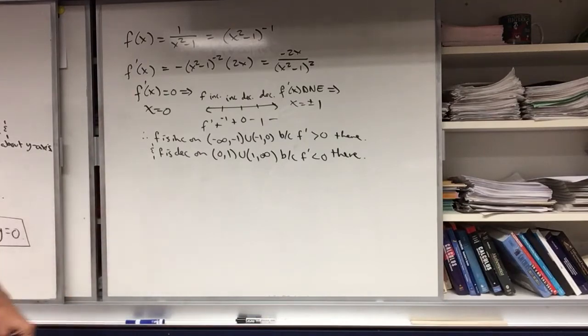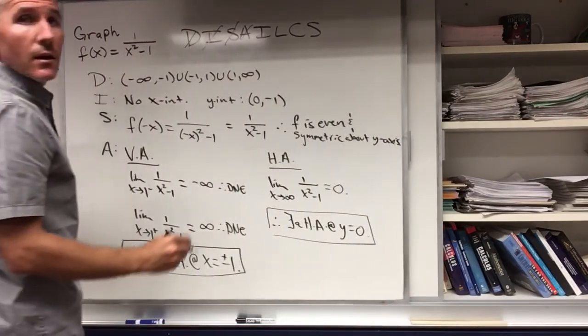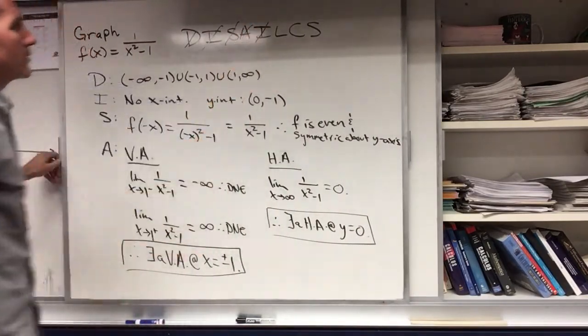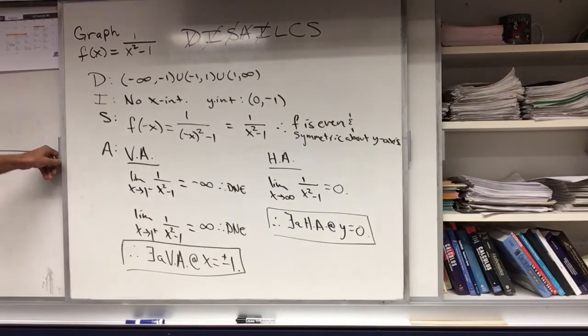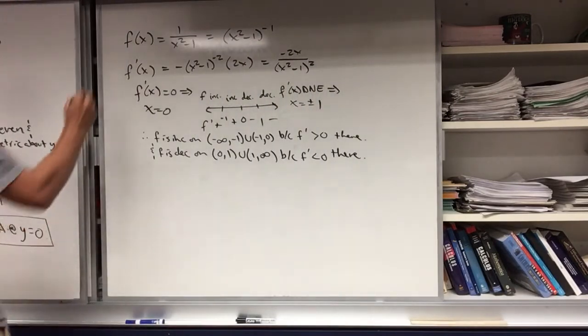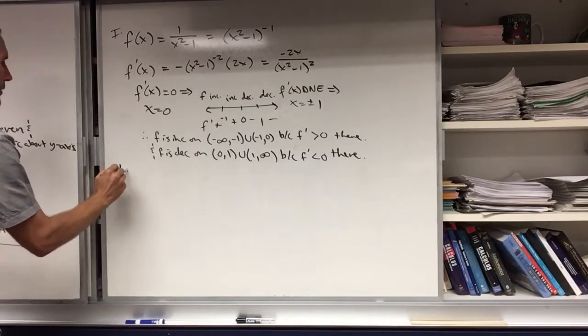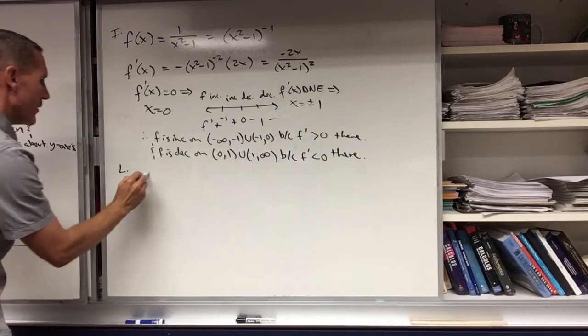Using that, this next step, so let me just show you. I'm crossing off the I for intervals of increase, decrease. The L stands for local extrema and the values. So let's go ahead and do that. So this was step I. And step L down here, I'm going to say there exists